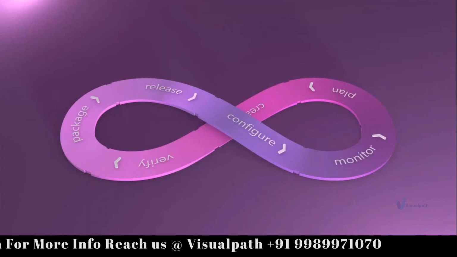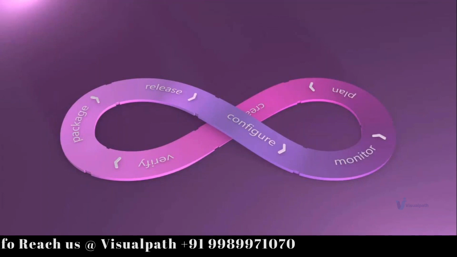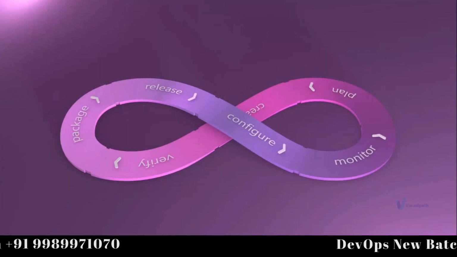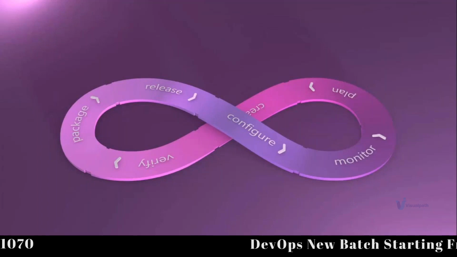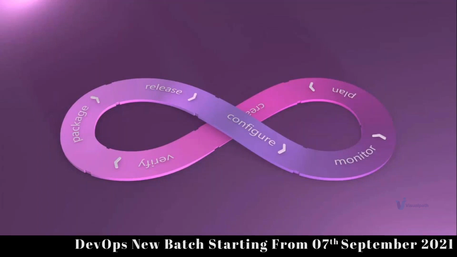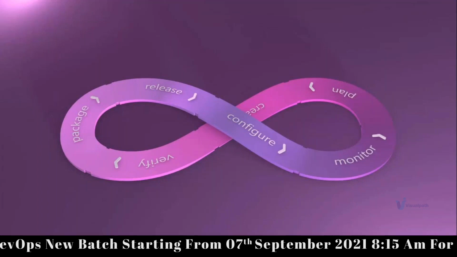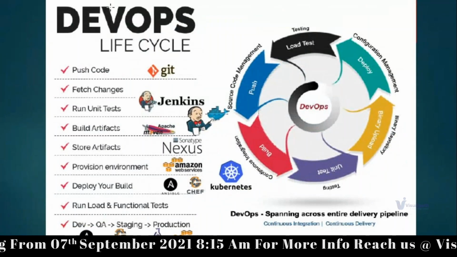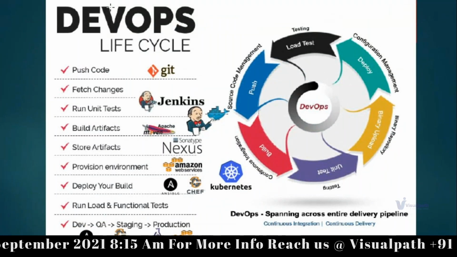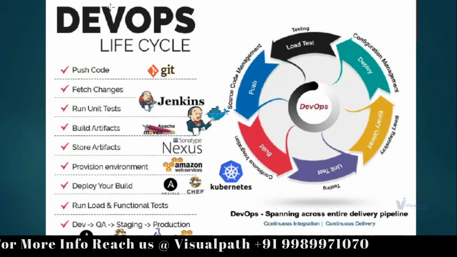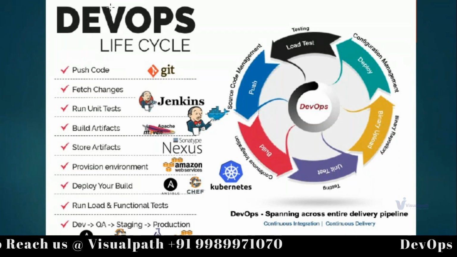Why? Because there will be continuous code changes. As long as people are using the product, there need to be changes. And then these changes need to be built, tested, deployed, and the same life cycle goes on and on and on. That's why this diagram. This is again the DevOps lifecycle, but I have thrown in some tools here to make you understand what tools are used at what places.